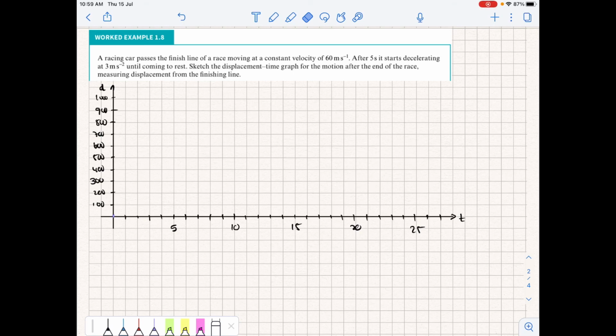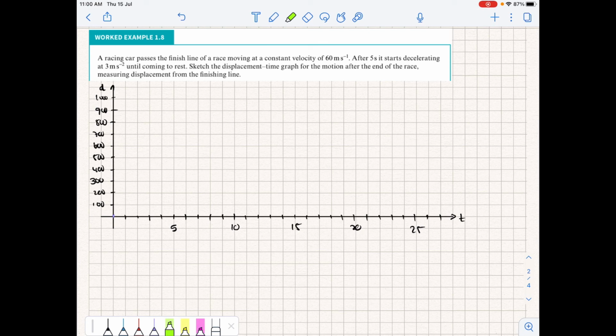We're going to look at a displacement time graph for a multi-stage displacement time graph. Multi-stage meaning that the way that the displacement changes is going to be different at different parts in time. And this is because the way that our velocity is interacting with our displacement is changing. So in the example here, we can clearly see we have two distinct